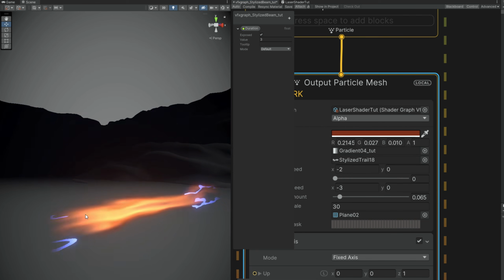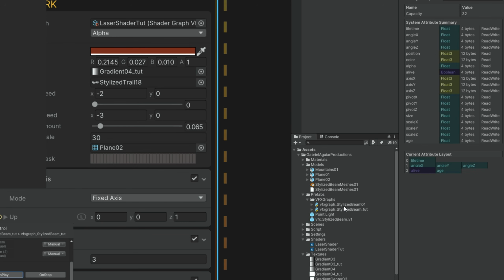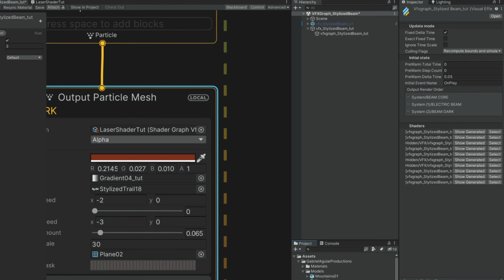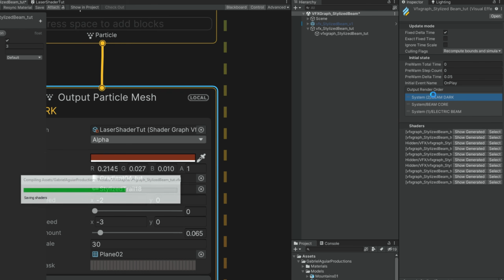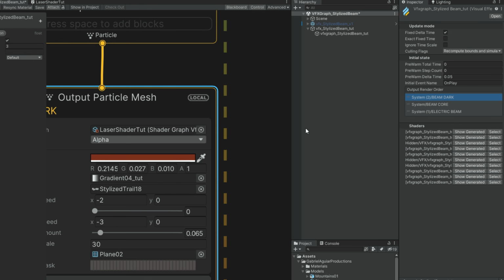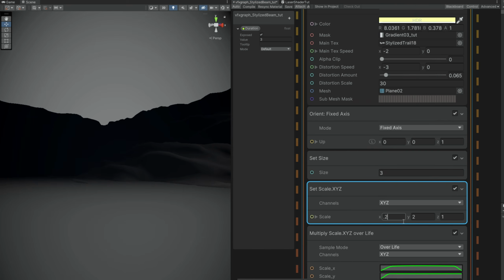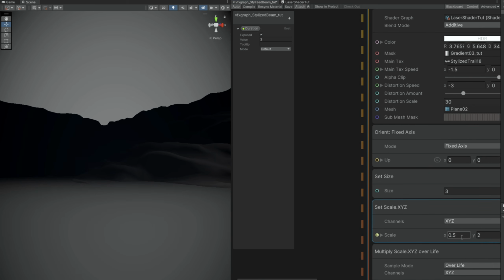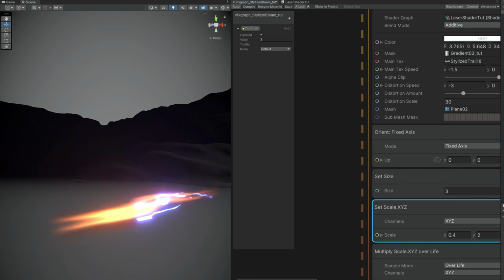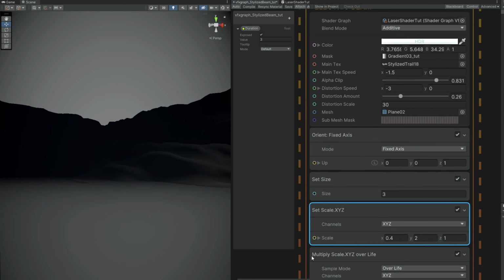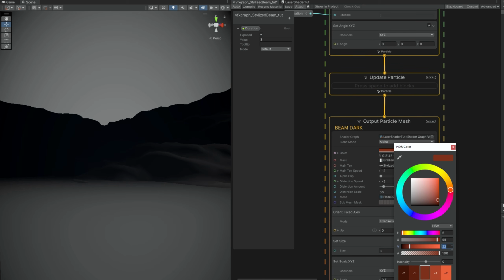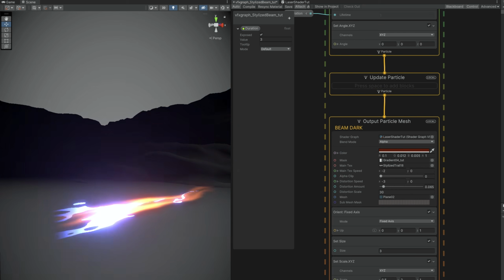And the second problem is that it's being rendered in front of everything, and we actually don't want that. If we select our VFX graph in the inspector, we can push the beam dark all the way to the beginning. So it's the first one being rendered, and then everything else will be rendered on top. What I'm going to do now is decrease the beam core width as well as the electric beam to 0.4. You see, it's an adjustment of values to balance everything nicely, so they have a good proportion between each other, and that comes up with a little bit of trial and error.